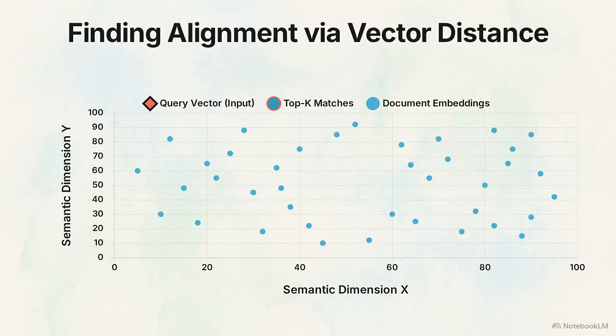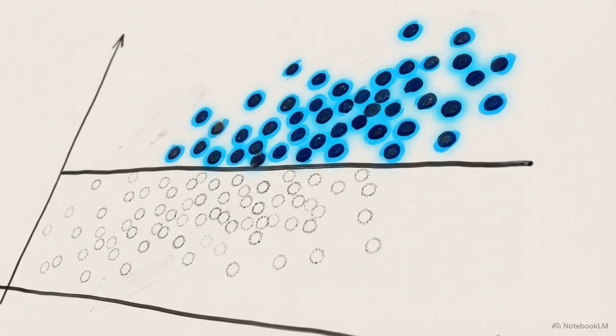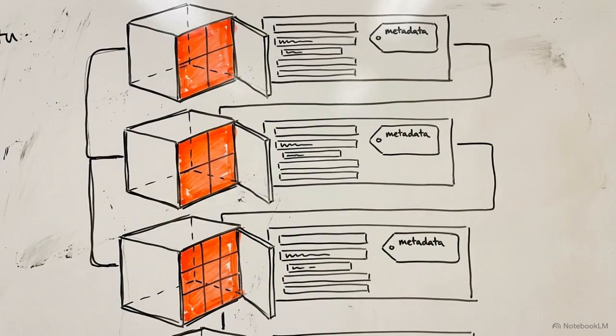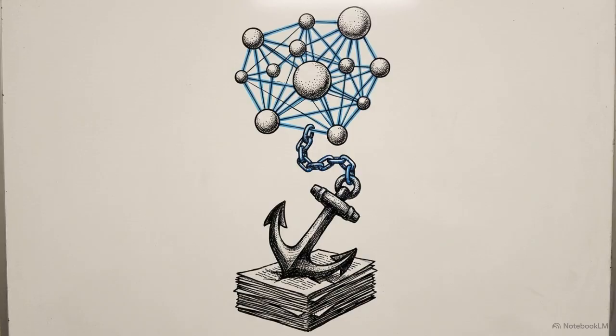It calculates the L2 distance between the query vector and all document vectors. L2 distance is the straight-line Euclidean measurement between 2 points in a multidimensional space. The system aggressively filters the results, discarding any vectors that fall below a strict minimum similarity score threshold. It then unpacks the top k closest vectors, extracting the original raw text chunks and the precise metadata stored within them. This deterministic mathematical proximity search ensures the injected context is grounded in source data, anchoring the model's response to retrieved facts.